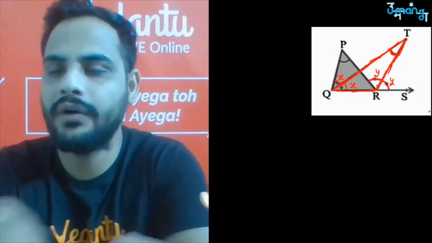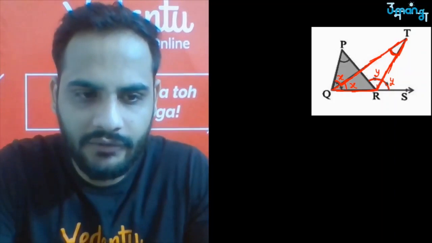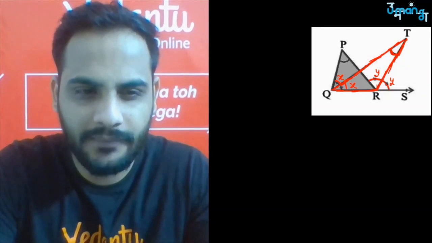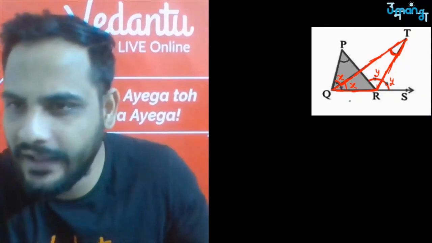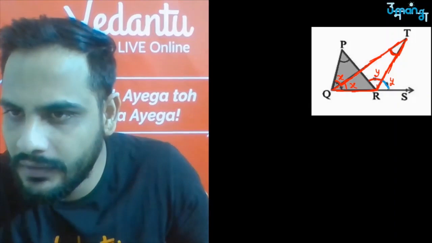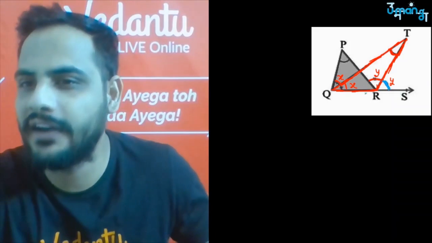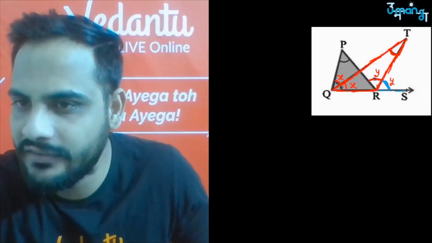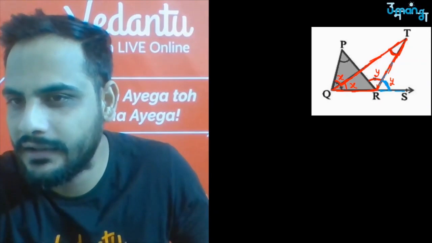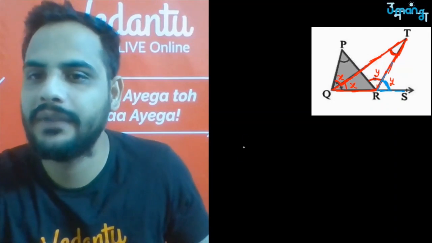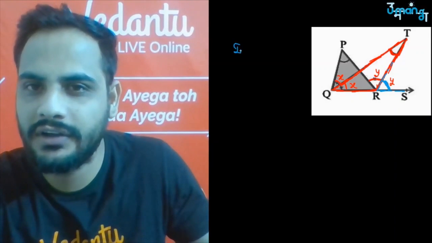Can you see? Okay, so in this red triangle, if you focus carefully, you will understand that this angle Y is an exterior angle. Angle Y is acting as an exterior angle because RS is the extended side and RT is the side for this angle QTR. So I can say in triangle